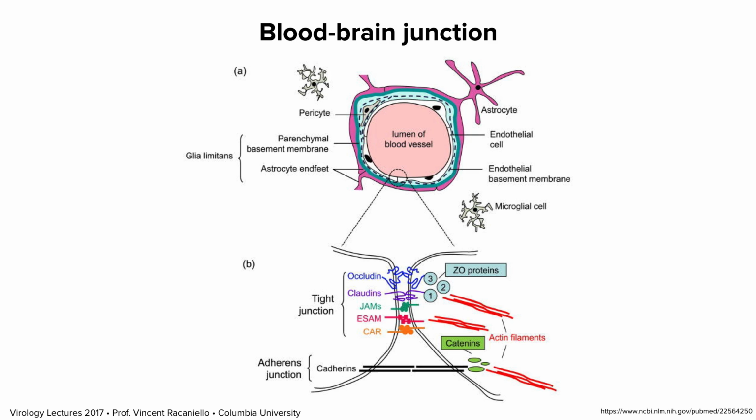And you can see it's made up of different cells. So there's a cell body there, and then its processes are wrapping around. Then there's another cell body at the bottom, and then a third one there. And those are also joined by tight junctions. And so there are multiple layers preventing a virus from getting out. But again, if the virus is causing inflammation, if it's infecting the endothelial cell or an immune cell that's in the blood vessel, it can loosen up all of these junctions.